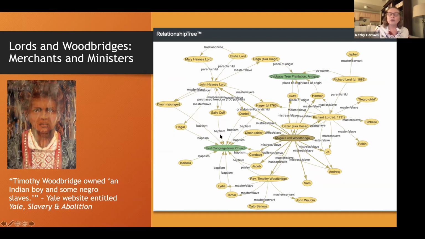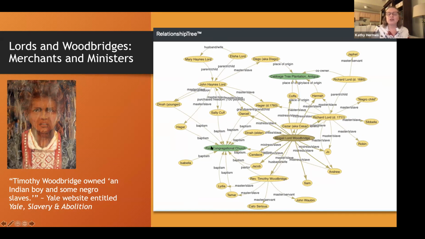The published records of the Hartford First Church list some enslaved people, certainly not all. And when they do, they make a point of noting when enslaved people were baptized. And it always says for Abigail Lord that she had them baptized to further educate them in the Christian faith. But we should note that